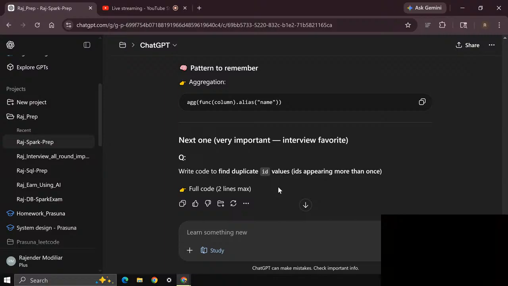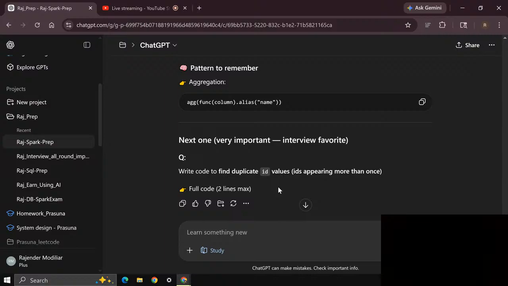Means index is greater than one should be visible. Sorry, index is greater than zero because the index starts with zero. So the initial ID should be zero. If it is getting a new ID, then it needs to be zero again.